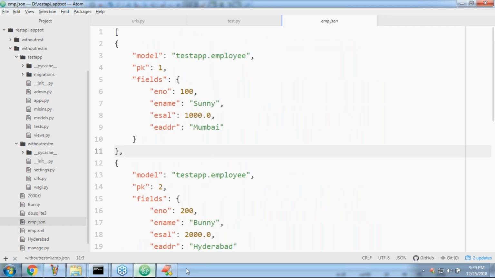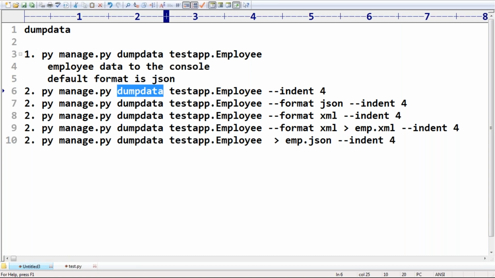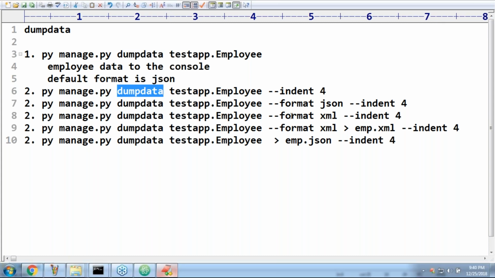Is everyone in a position to understand how to use the dumpdata option with py manage.py? With py manage.py, we can get the XML format and the JSON format, but the default format is always JSON. Is it clear for all of you? From the browser, it is not possible.